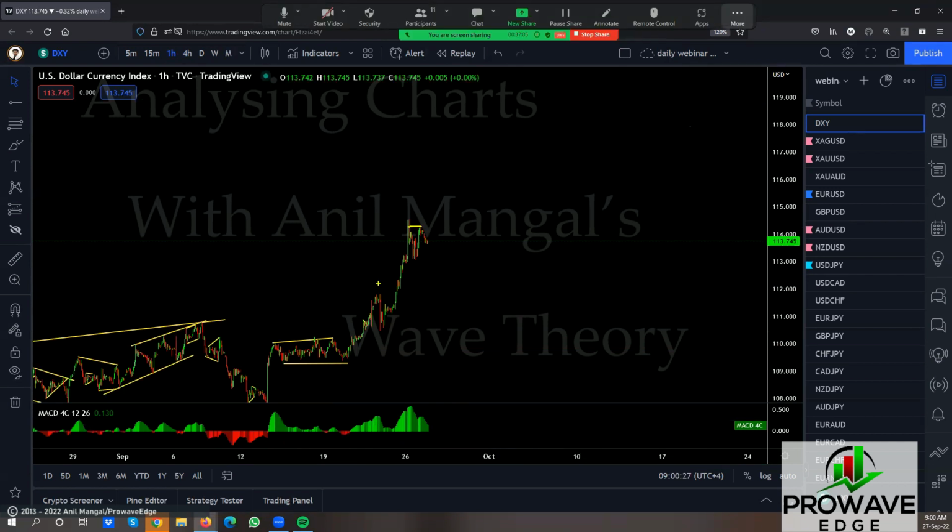Every time we see the depth of that pullback, we have to be cautious that it could be a flat. It doesn't mean we're not going to sell. If we get a sell setup under here, we're definitely selling. So within this range, if it comes to the bottom, we look for a buy. If it makes a new high, we might consider the buy. Not that I would like it, but if they make a new high here, we might consider that buy because it could do this, come back here, give you a running flat, and then go. So it all depends on how we see what happens in there.